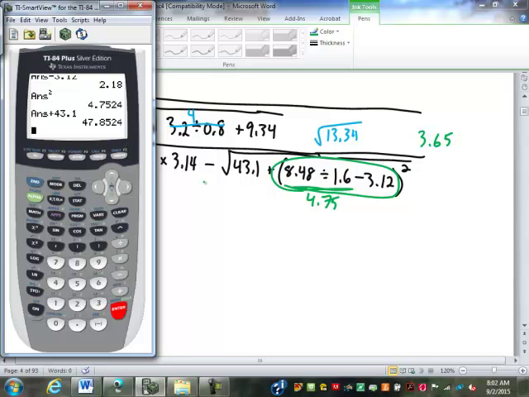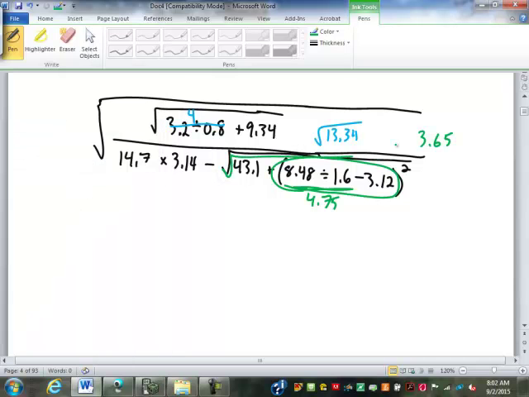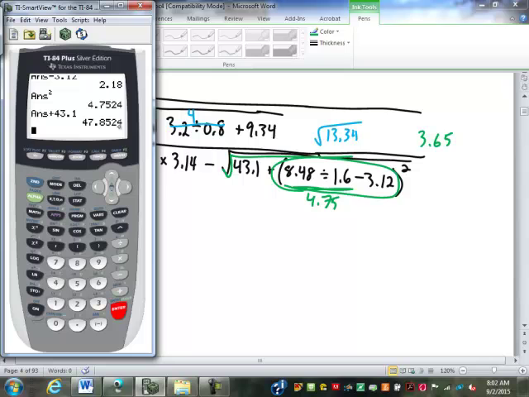So we got 47.8524 inside the square root, so we'll take the square root now. I'm going to show you a little trick that you can do on all your calculators. Rather than writing this down and typing it back in, I can just do this. Square root,